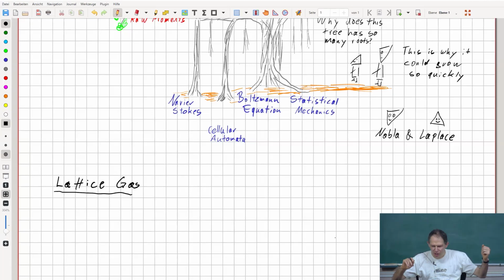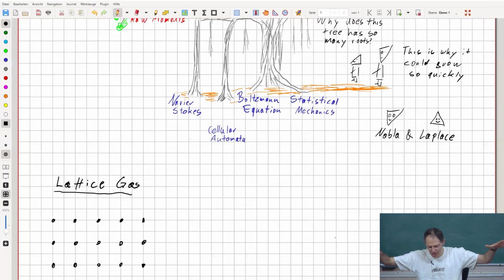Yeah. So we tried to minimize the nature by saying, okay, suppose space is just a distribution of points, yeah,